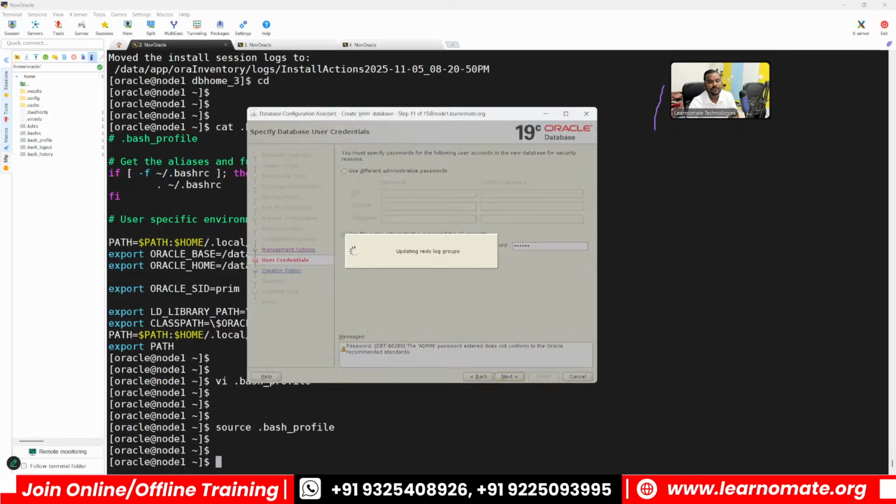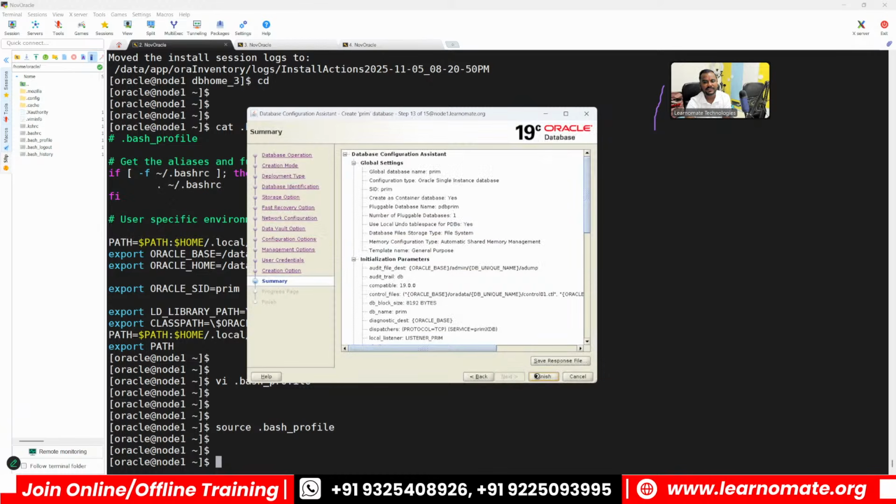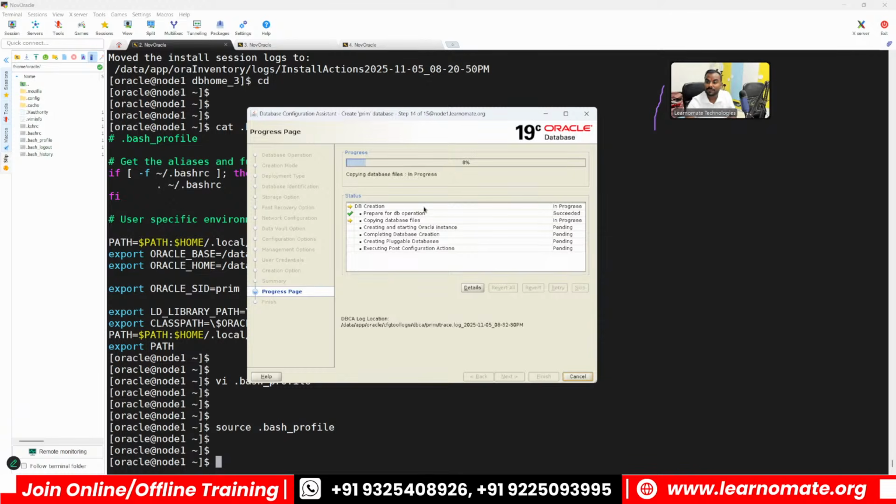So this user will be getting created automatically in the Oracle database, just like in the Linux operating system, the root user will be getting created, right? In a similar way, this user will be getting created. Click on next. And now finally the database creation is in progress. This will be running for another 30-40 minutes. Let it run like this, monitor it, and after 30-40 minutes